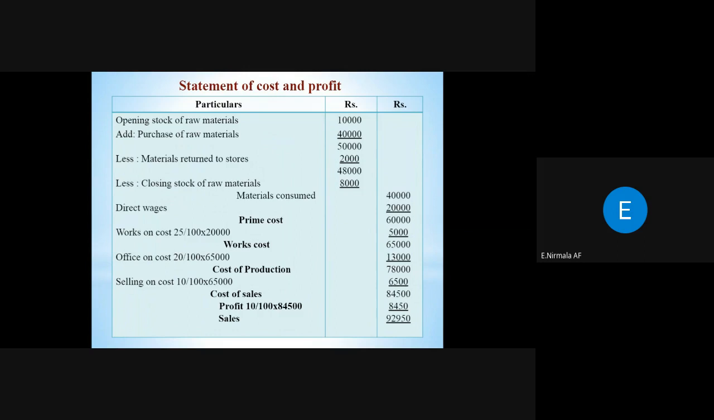84,500. Now in the question itself, they mention profit on cost is 10%. So from the cost of sales, we have to find out 10% for profit. That is 8,450. Then in the question, I already told you we don't have sales. Here we have to find out the sales. How will we do that? Cost of sales plus profit, we will get a sales of rupees